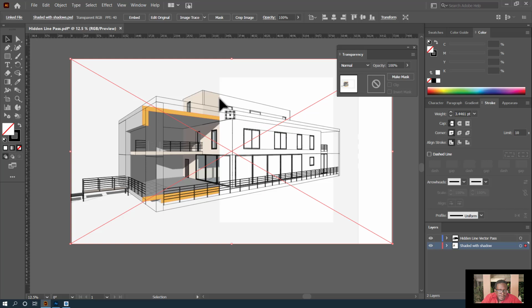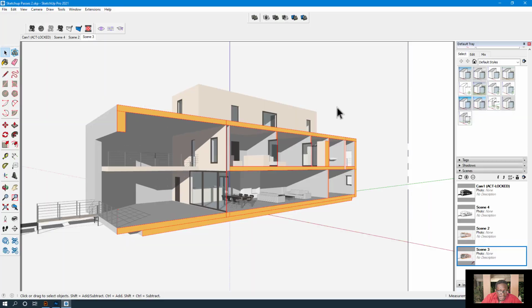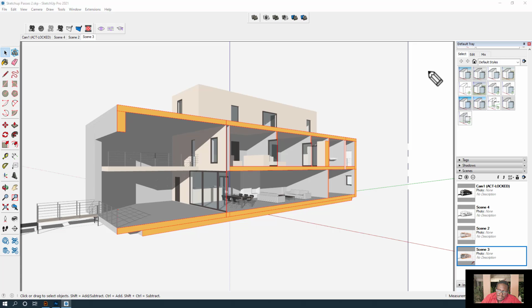Now there's a couple things. I realized that if you look closely, you notice that this area here is white and this area here is gray. So that's why you're getting this weird box line here. Now to fix that, let's just repair that quickly. So we're going to go back into SketchUp, and what's happening is that we're actually seeing the section cut represented in the viewports, and we don't want to see that. So we can just actually select the section cut,